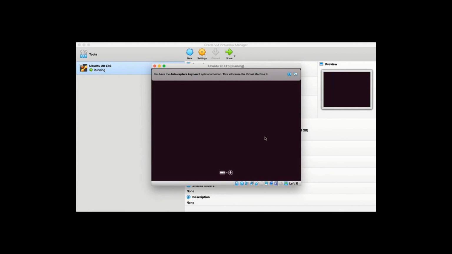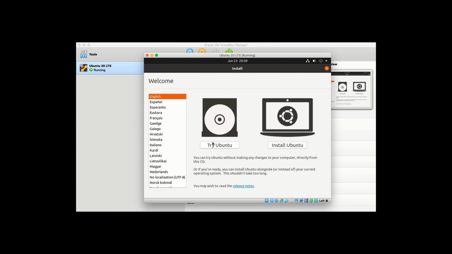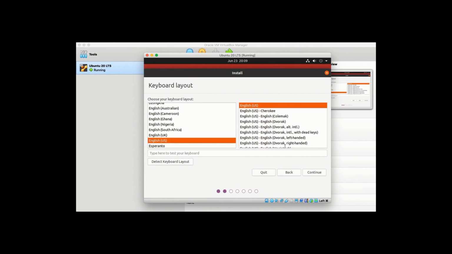So here we can see Ubuntu has booted up, and we can make the selections like choosing the language in this case, and then click on Install Ubuntu. The option Try Ubuntu is for mounting the live CD without installing, but we are going to install it on the virtual machine, so click on that, and the kind of keyboard you are using, that should be default English US. Continue,